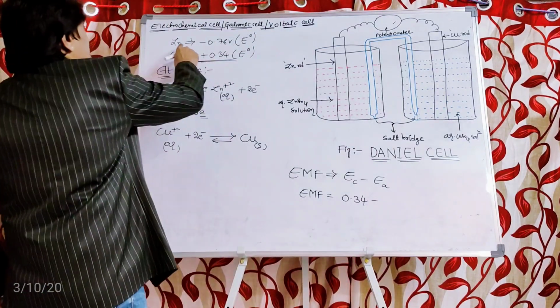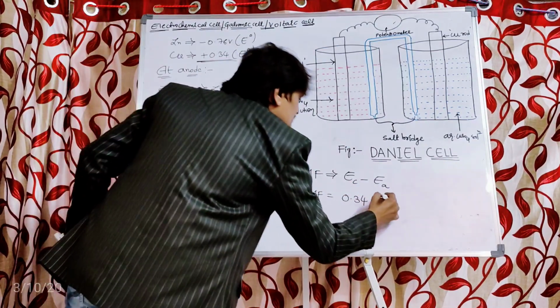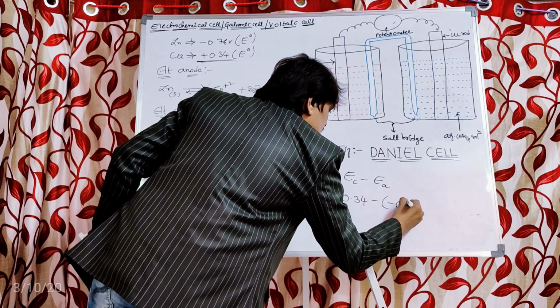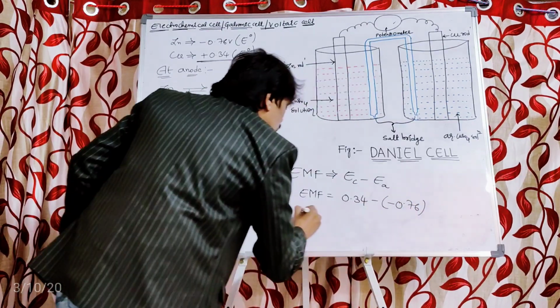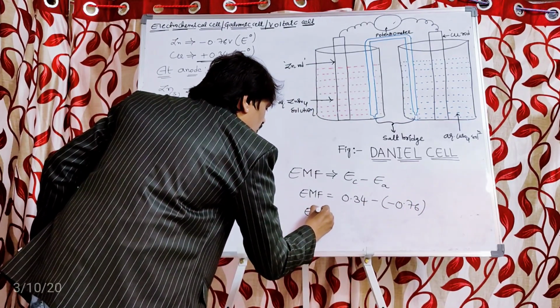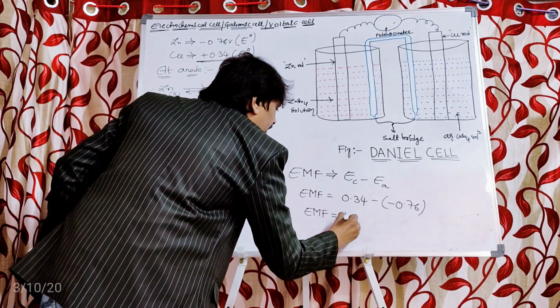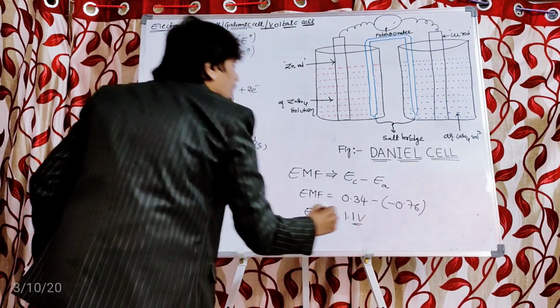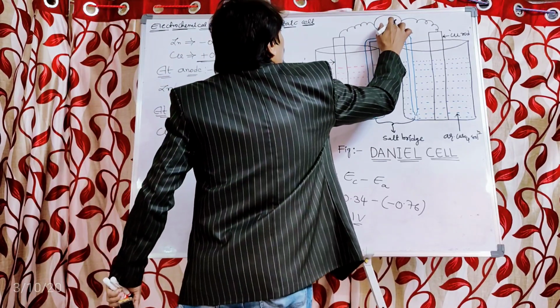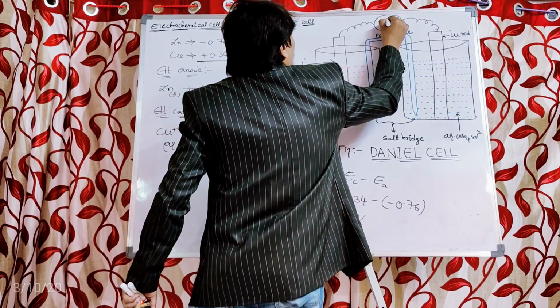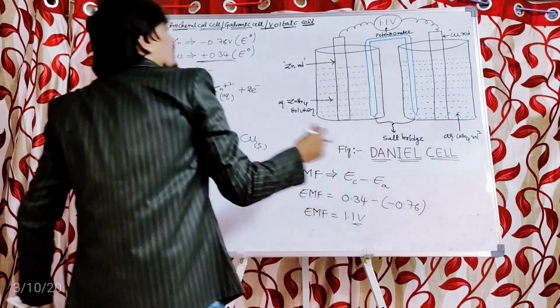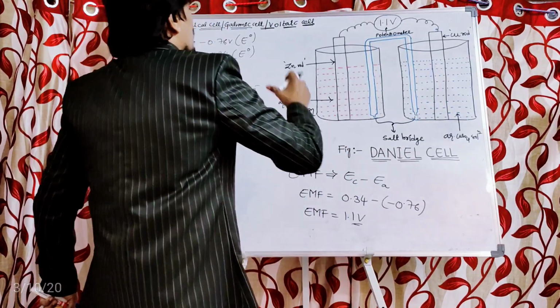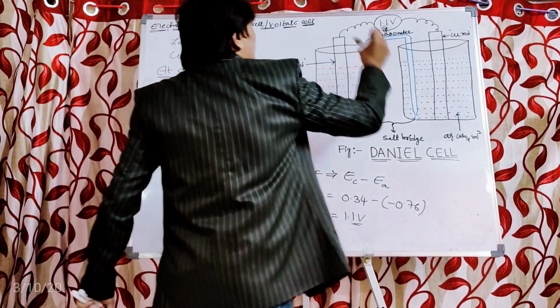So its value is minus 0.76 volt. So totally the EMF value will be 1.1 volts. So 1.1 volt of EMF is being developed due to the spontaneous redox reaction between the zinc and copper rod,